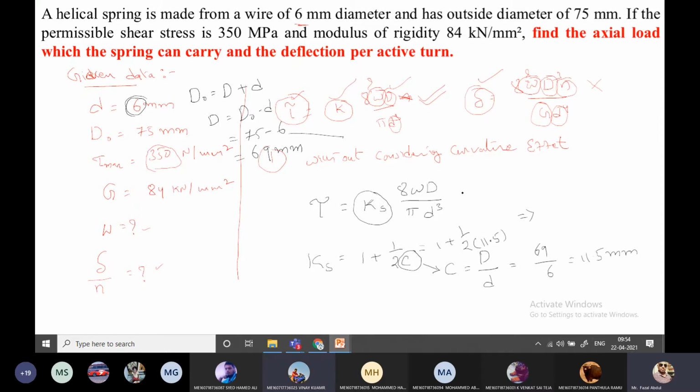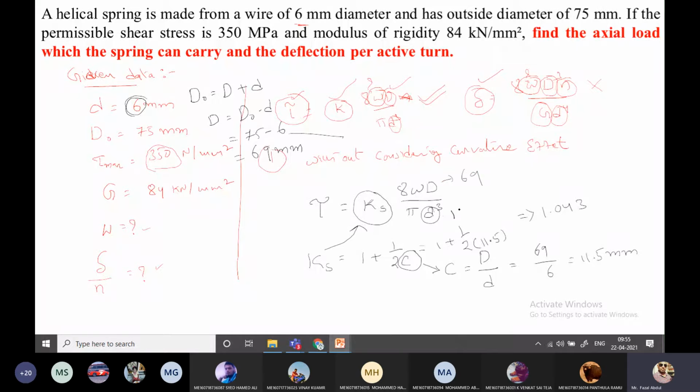Recheck again: 1 plus 1 by 2 into 11.5. It is 1.043, exactly. Okay, now substitute the Ks value here, and D is also calculated as 69,